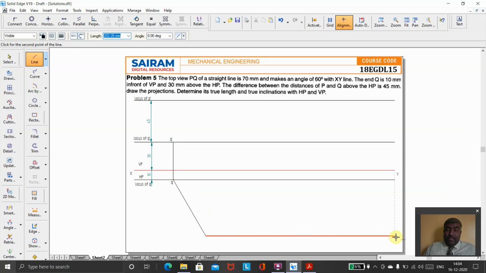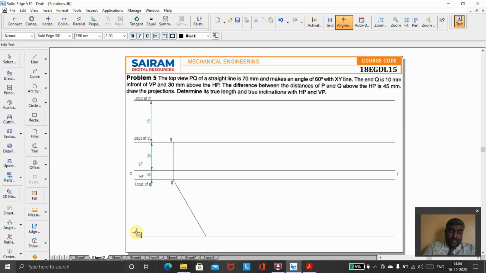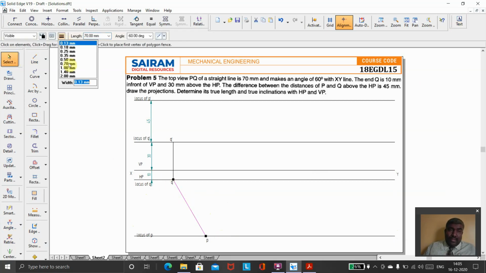Once you have that, draw the locus on that particular end point. That locus I want to specify as the locus of point P. Now on this point I'm going to specify directly the point P. So now PQ is nothing but the top view. That line I'm going to give a thickness of 0.5 mm